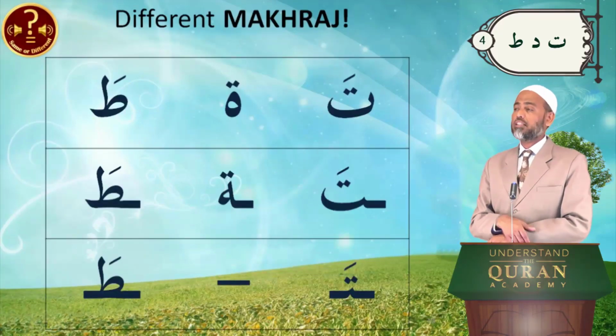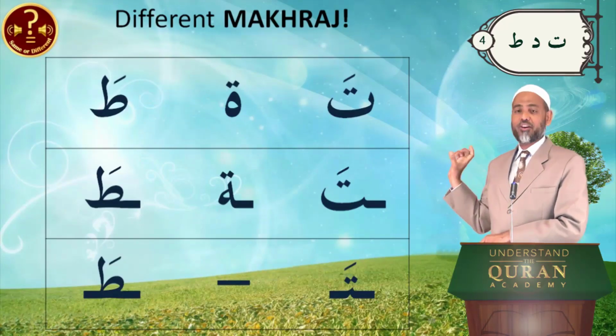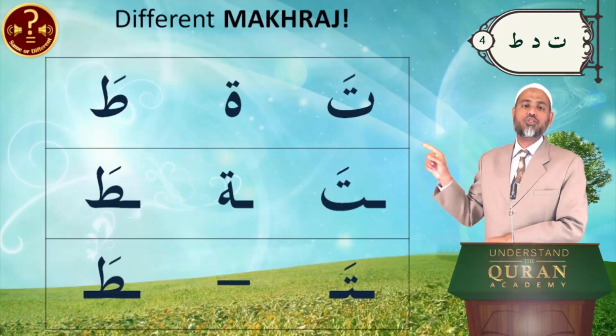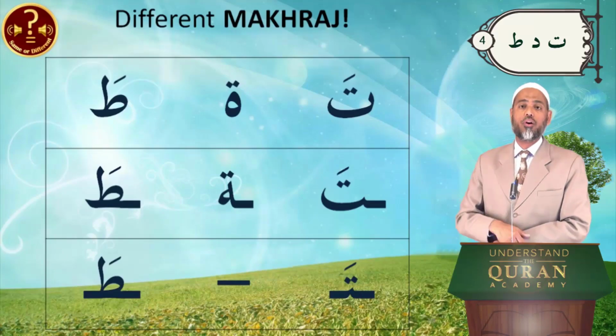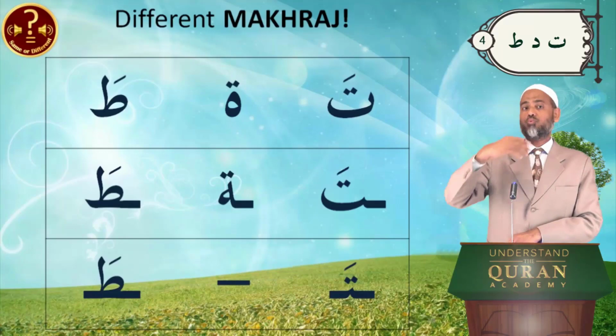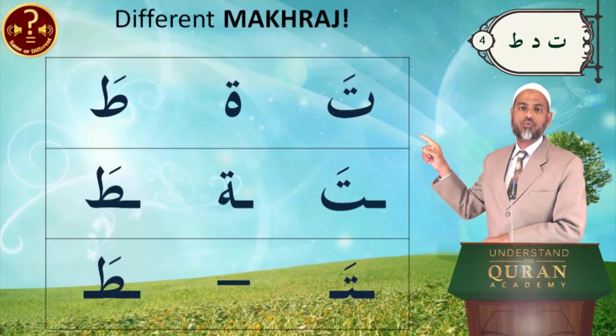And don't mix between this ta and ta. Ta, two dots on the top, whether on the tray or on the circle. That is ta. And the other one is ta. The tongue shape, the thick tongue shape represents very thick and high. So first one is ta, second one is ta.